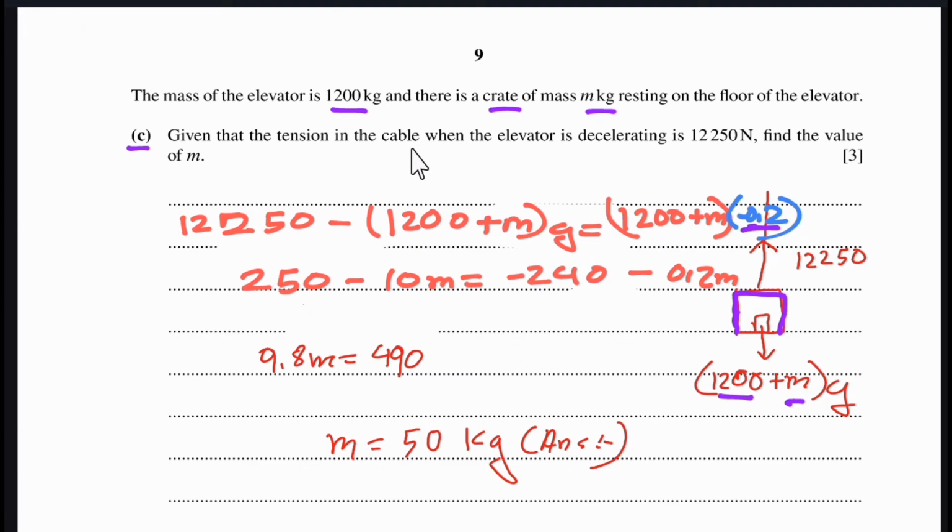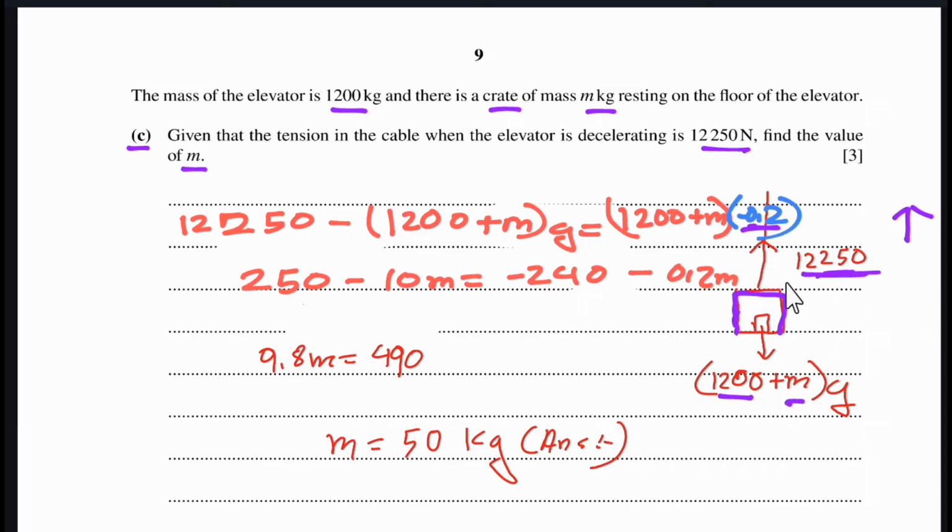Given that the tension in the cable when the elevator is decelerating is this much. So initially the elevator is moving upwards and the tension in the cable is this much. Find the value of m. So to find the value of m, we can use the forward force minus backward force is equal to mass